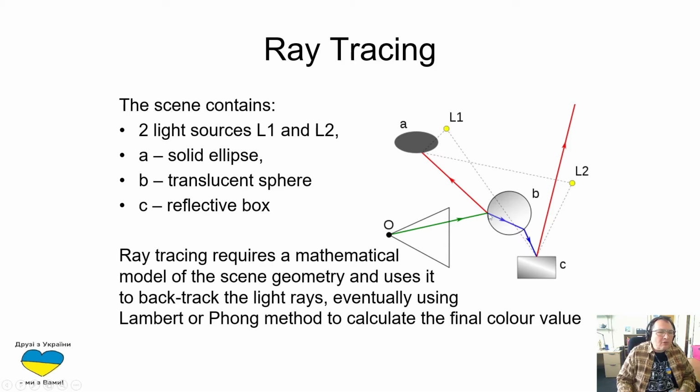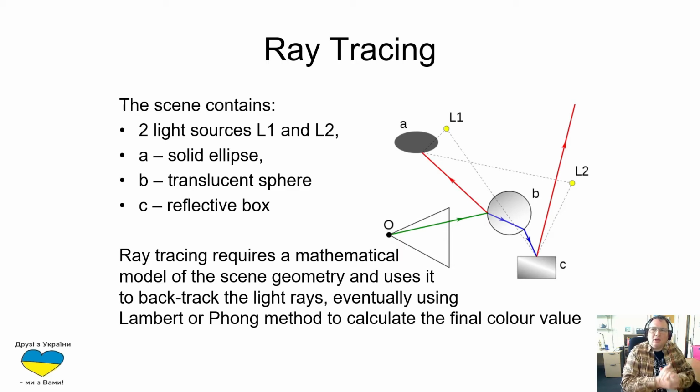And we also have refracted light which goes through, well, actually it came from the inside of this translucent sphere. We have refraction here, another reflection from the reflective box in here, and we could follow this ray even further, eventually finding what kind of color value the point should get. So this is the technical